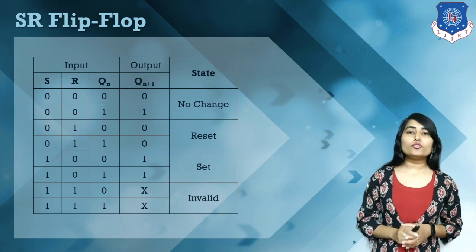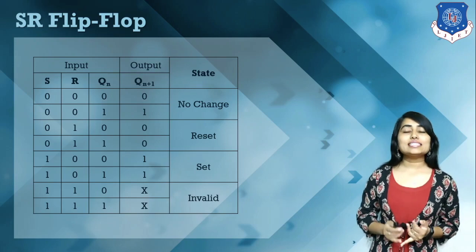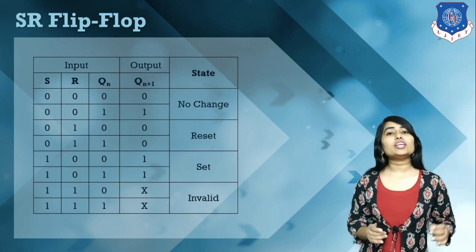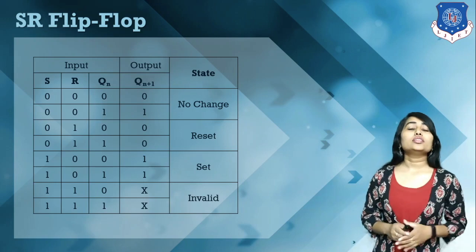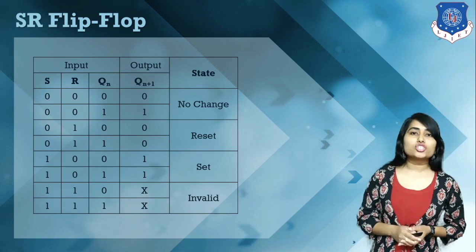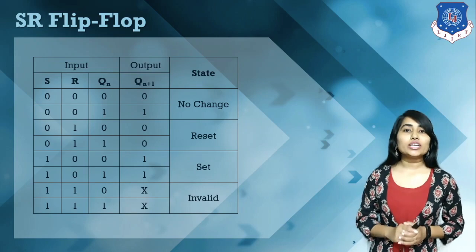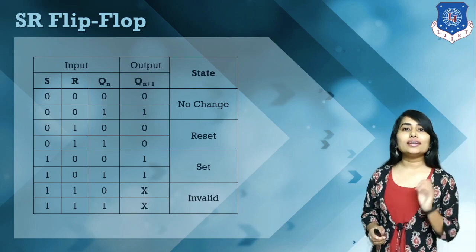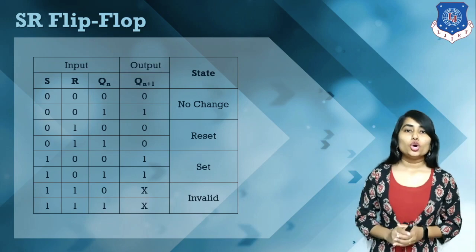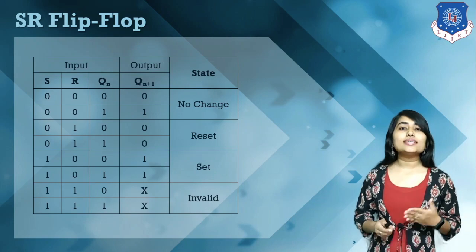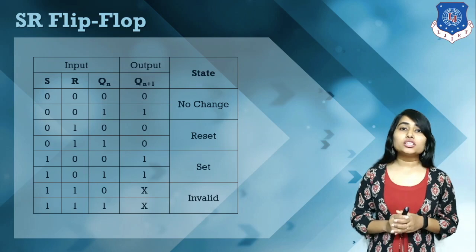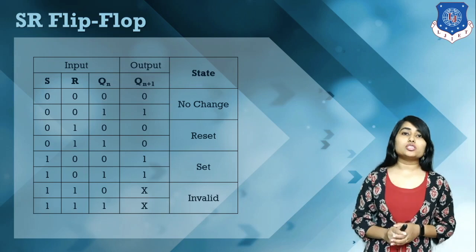Now in an SR flip-flop we have 3 inputs: S, R and Qn. Yes, we can consider a clock, but here we assume that whenever the clock is equal to 1 we have these operations, and if the clock is equal to 0 then we have a no change condition. So till here we consider that the clock is equal to 1, and S, R and Qn are our normal inputs. S and R are our inputs and Qn is our past output, which is given to the circuit as an input. So for 3 inputs we have a total of 8 possible combinations.